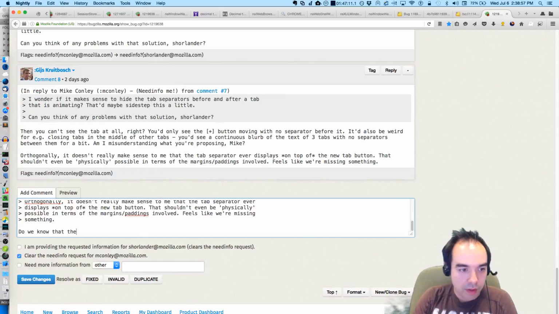Do we know that the separator is actually appearing on top of the new tab button? The screenshot doesn't make it super clear.